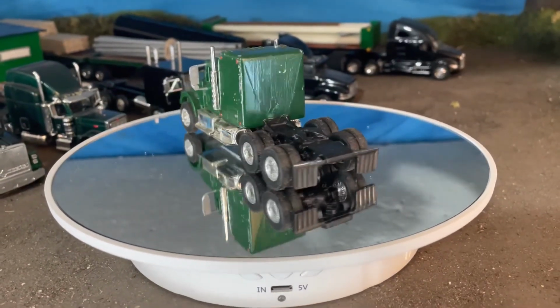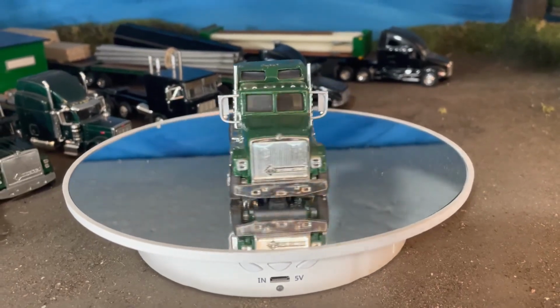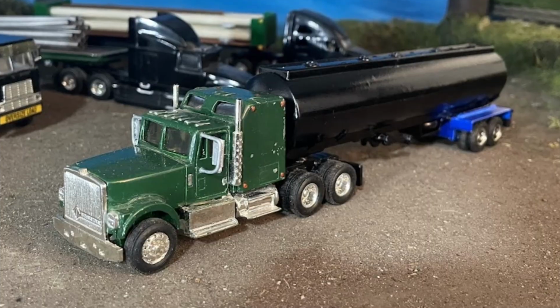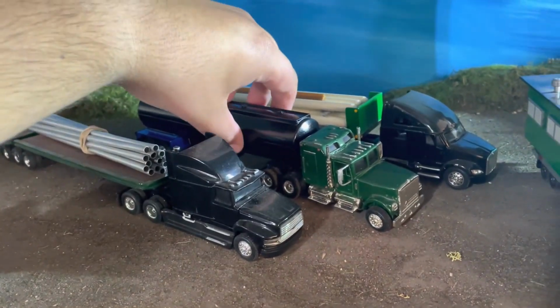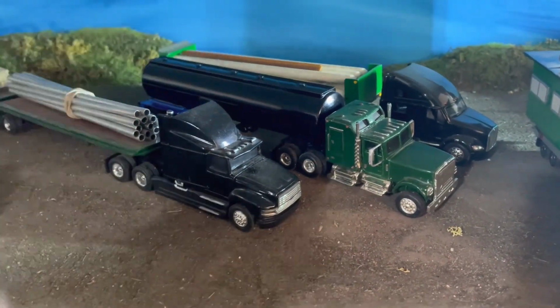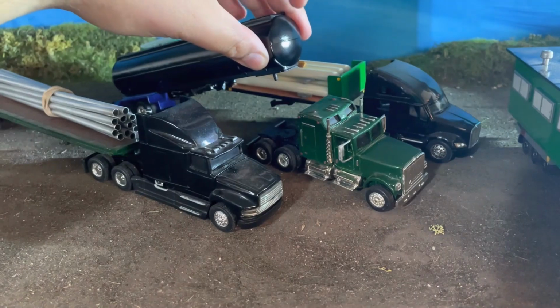Now this International. So it's a little different. International has the long bunk and it was painted green already. However, the frame was also green because most of these trucks come as one single color, and I wanted to change that look up. So I painted the frame black